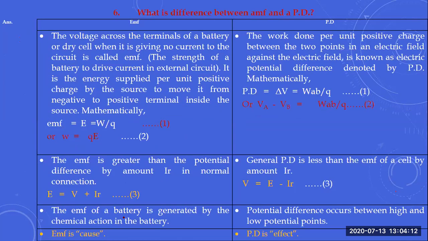Now the next one is, what is the difference between EMF and potential difference? Normally during the class, we give an interesting example. If you are holding a football and you apply a force on this football and it moves towards the ground, again it rises, and again you apply a force on the football, again it goes down, faces the force from the earth, again moves in upward direction, and then you again apply a force on the ball. You are keeping this vertical motion of the ball with the help of the force applied by your hand on the ball.